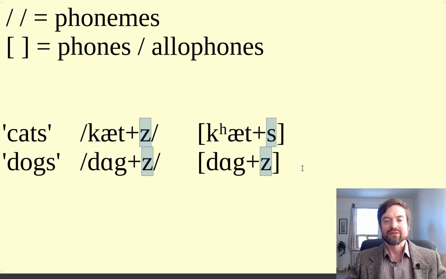And so depending on which level you're looking at, when you look at this last sound in the word cats, well, it could be an S or it could be a Z, if you're looking at the sound level, the allophone level, or the phoneme level. Whereas for dogs, it's a Z here at the allophone level, and it's a Z here at the phoneme level. So that can be confusing too, because the word allo means other. You think it has to be different, but every phoneme has at least one allophone that's exactly the same as the way we write the phoneme.